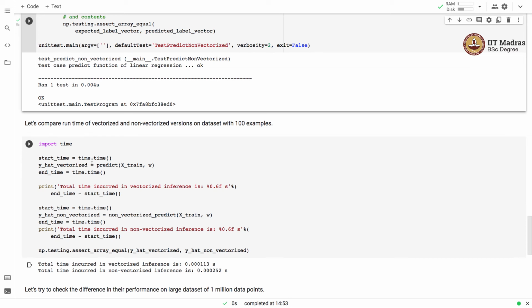And then we'll calculate the difference in the time to measure the amount of time that is spent to perform an operation. So here first we get the labels from the vectorized implementation and we calculate the time spent for it. Second, we get the labels from the non-vectorized implementation, and finally we check whether both these label vectors are indeed the same. That's a sanity check.